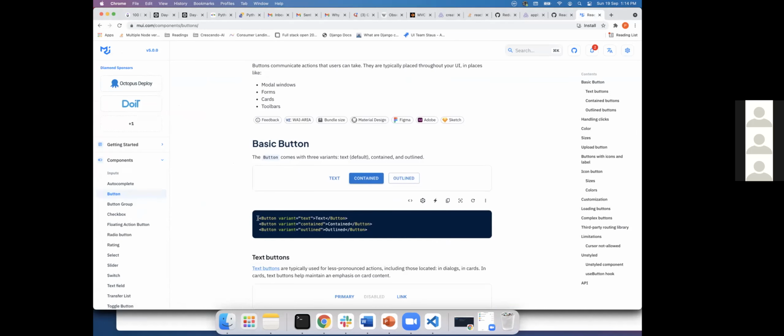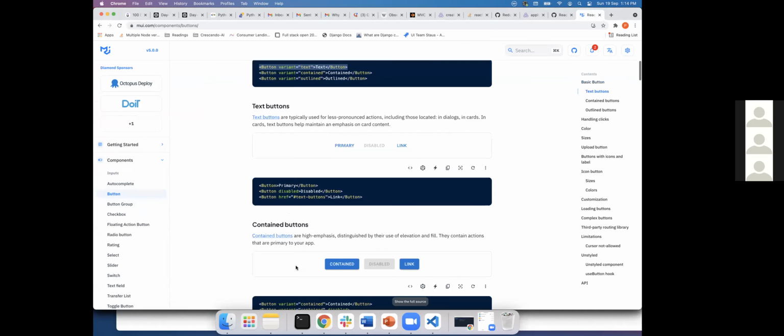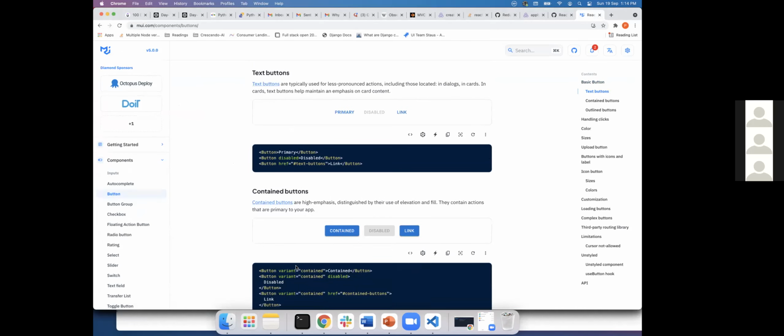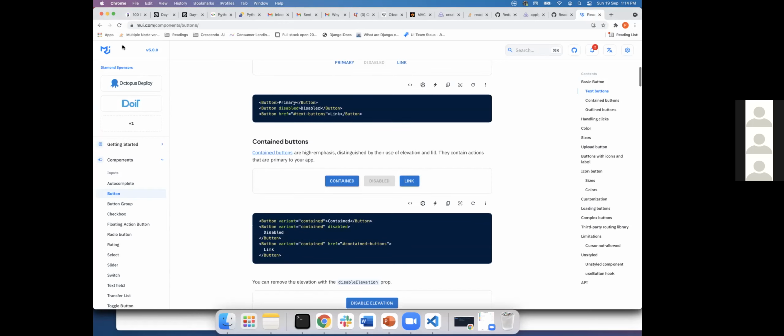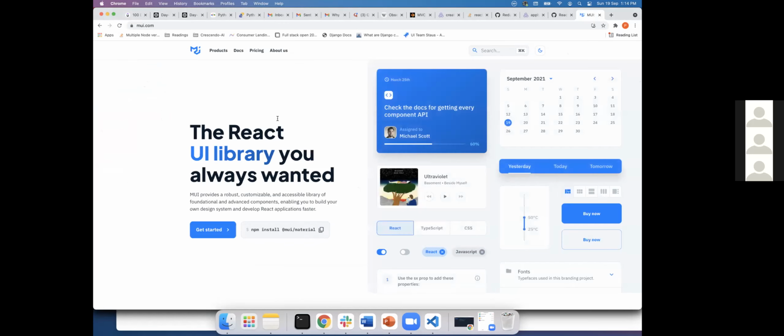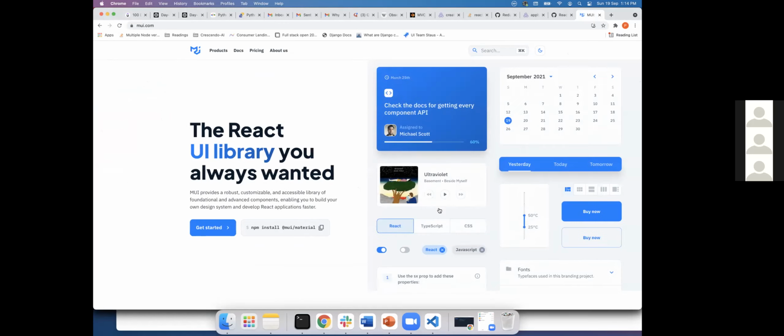Imagine we created a button component. You can import the button component from Material UI and use it. Majority of the companies, let's say 50-50, use this component and customize it to their needs. You can change the button colors and all that. You have the flexibility to do that. Material is from Google only, right? No, Material is not from Google. I don't know, I never seen it.